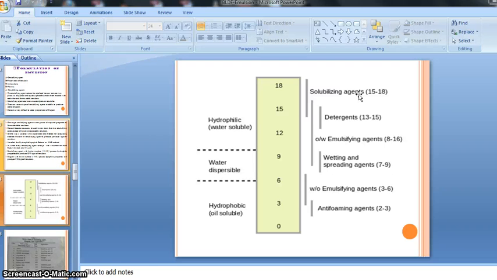These are the names of our solubilizing agents, right? A solubilizing agent is an agent which helps to dissolve an insoluble substance into water. Suppose we have a drug that is not soluble in water, but we need to prepare it in water. At that time it is necessary to add a solubilizing agent for the solubilization of that insoluble substance into water.